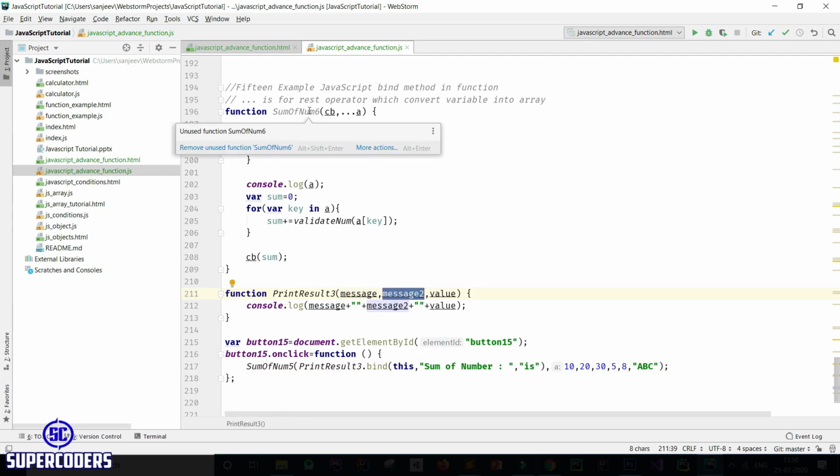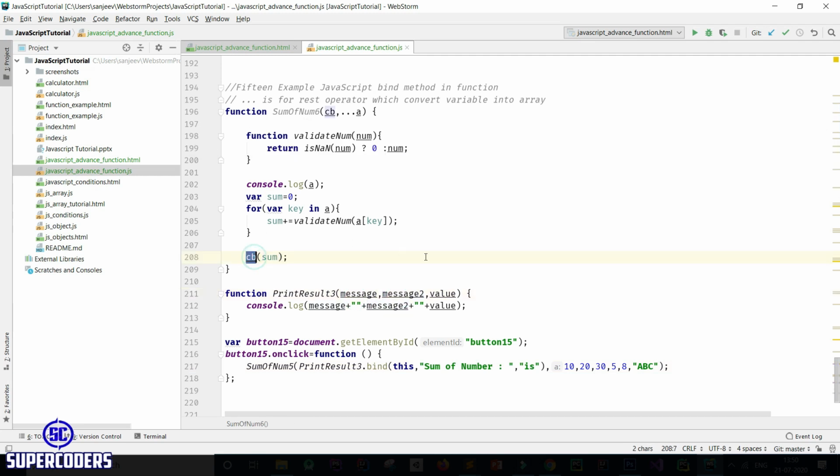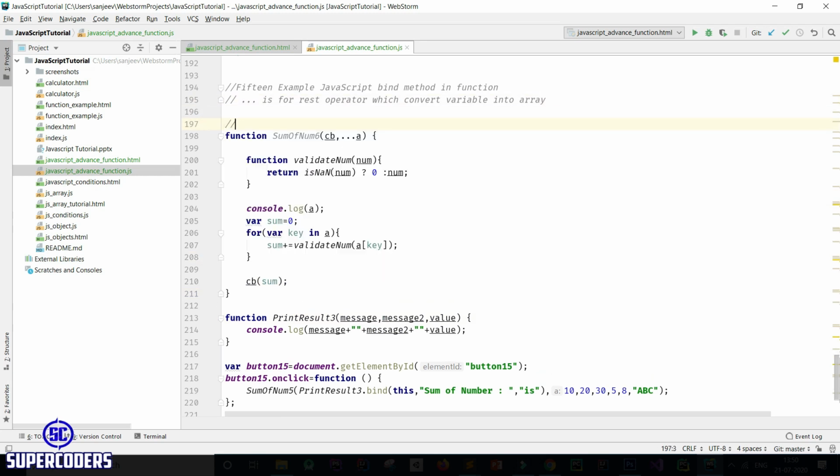Then after calling number option 3, it passes the third value. So what it actually does: bind assigns parameters in a function before calling it. That's the reason for using bind. It assigns the value before calling the function.